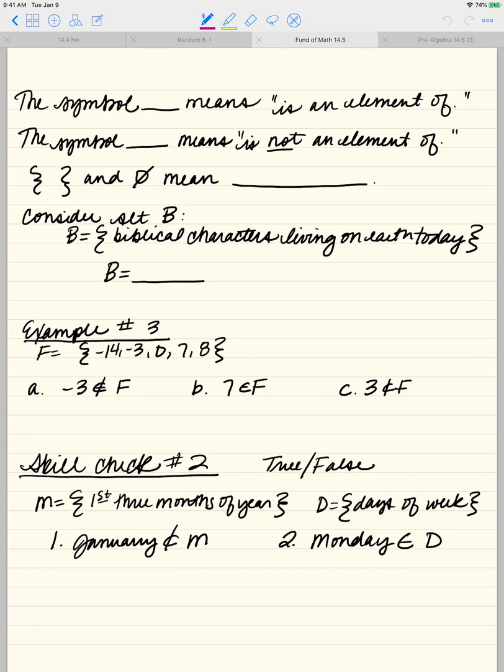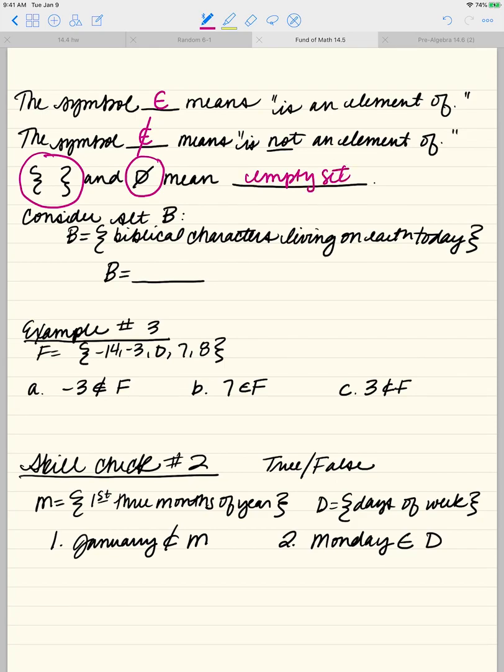Okay, now we have a couple symbols specific to sets. The first one looks kind of like a squished E or a C with a line through it, okay? This symbol means is an element of. Then we have that same symbol, that squishy looking E or C, and then we draw this negating line through the middle, okay? This symbol means is not an element of, okay? If you see empty braces or this circle with a line through it, it means what we call the empty set,